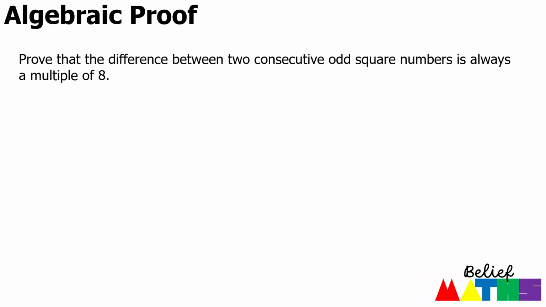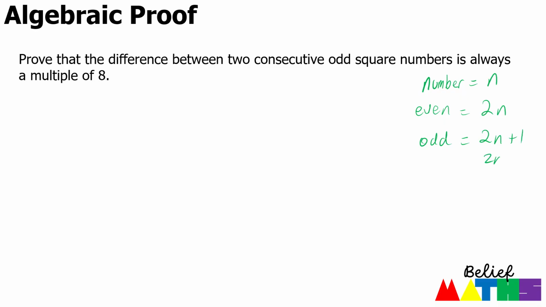Now, algebraic proofs tends to be seen as one of those more difficult topics, and really once you understand the basics of how to represent these numbers, it does make it a little bit easier. So in a very simple sense, if we want to represent a number, we just call that n. If we want an even number, we represent that as 2n, and an odd number, we use 2n plus 1